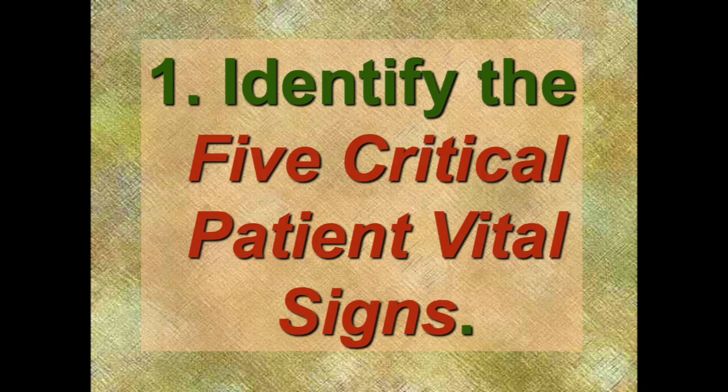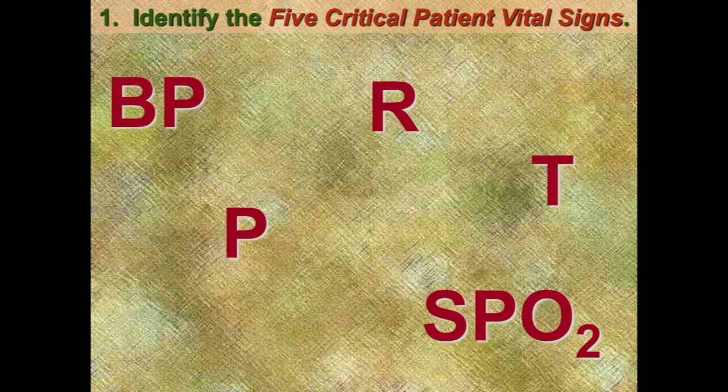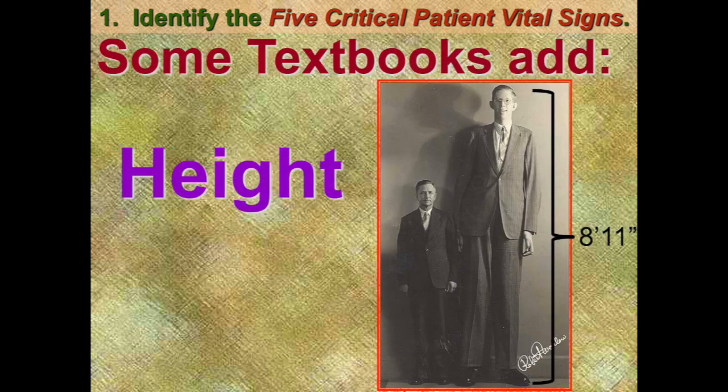So let's identify the 5 critical patient vital signs. And they are blood pressure, respiration, temperature, pulse, and saturation of pulsatile oxygen. It used to be called, when I started anesthesia, SaO2, meaning arterial, and they changed that to P, which I'm glad they did, because you've got to have a pulse by the probe. There's some other vital signs that are considered critical that you should gather for the patient,